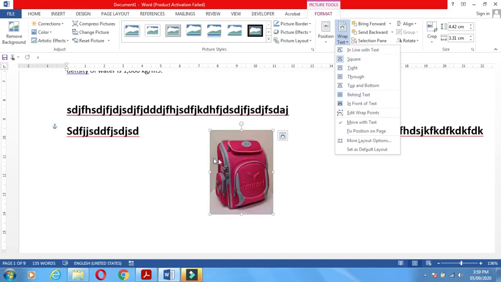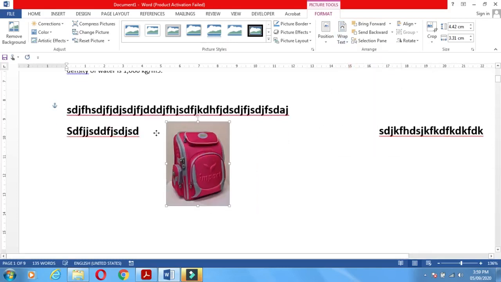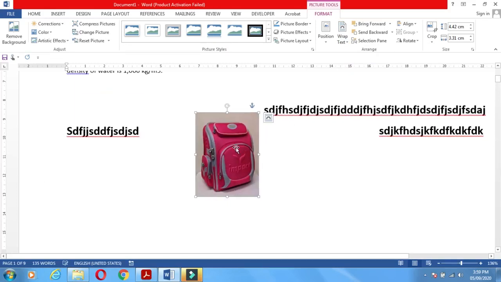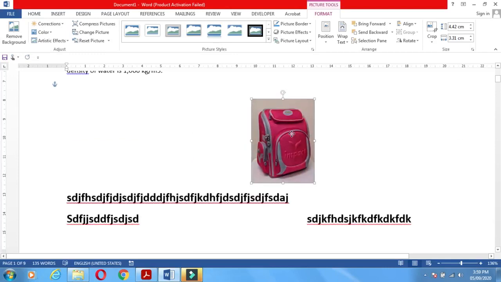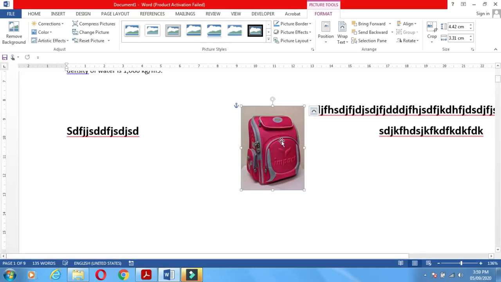If you use the Tight option, the picture will be tight with the text, it is not going away, it is tight with that text.